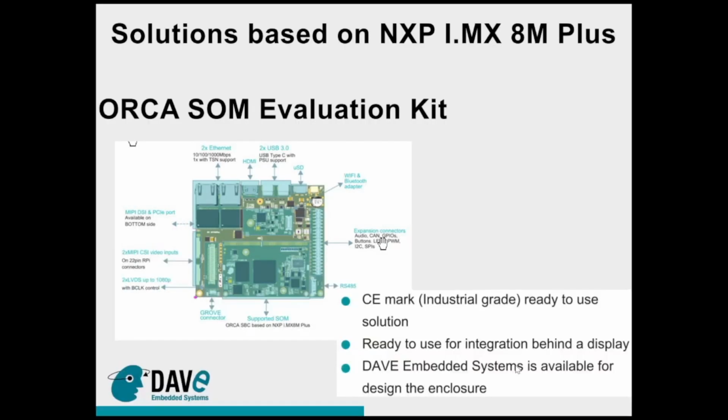Some words about the ORCA and the ORCA single board computer, which is also the evaluation kit of our platform. There are no limits to it, so the ORCA single board computer provides access to all functionalities available from the system on chip and from the system on module. In particular, I want to stress that the dual USB 3.0 are available both, and you can do the power delivery through those connectors. And as an option, you can power also with a